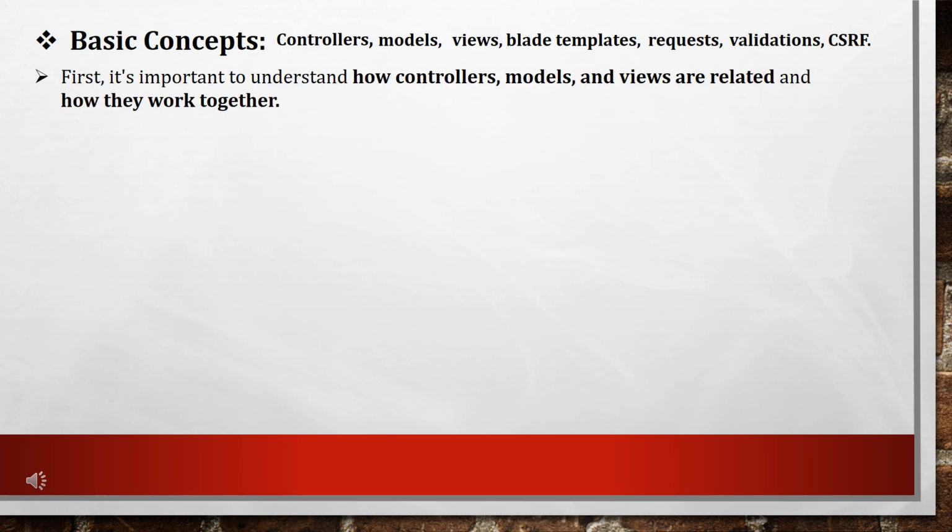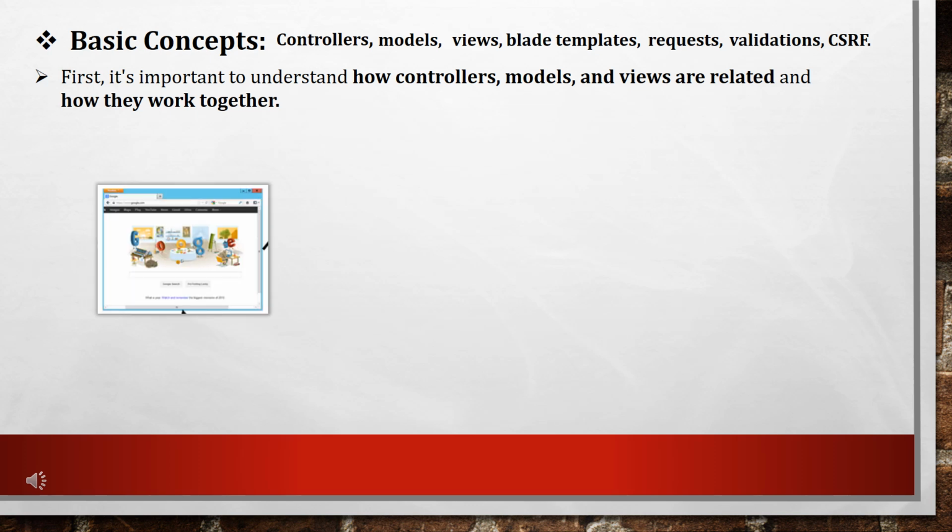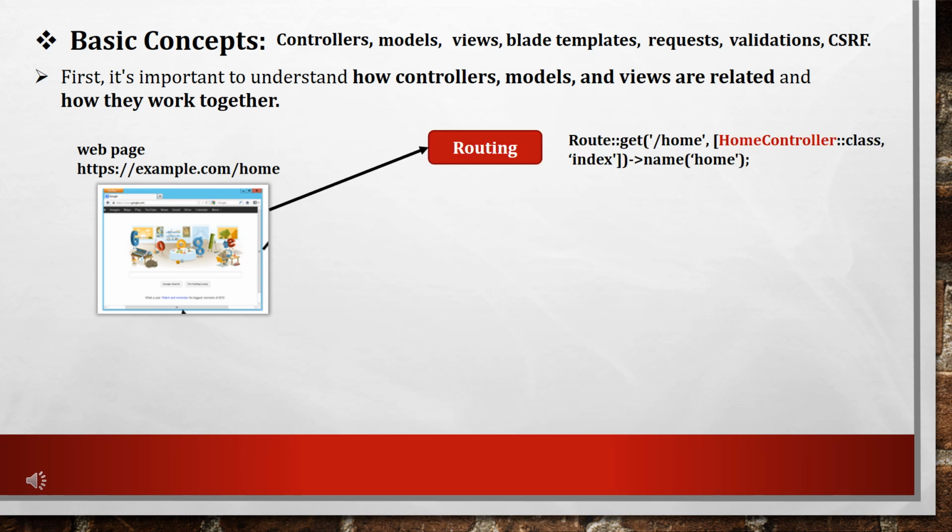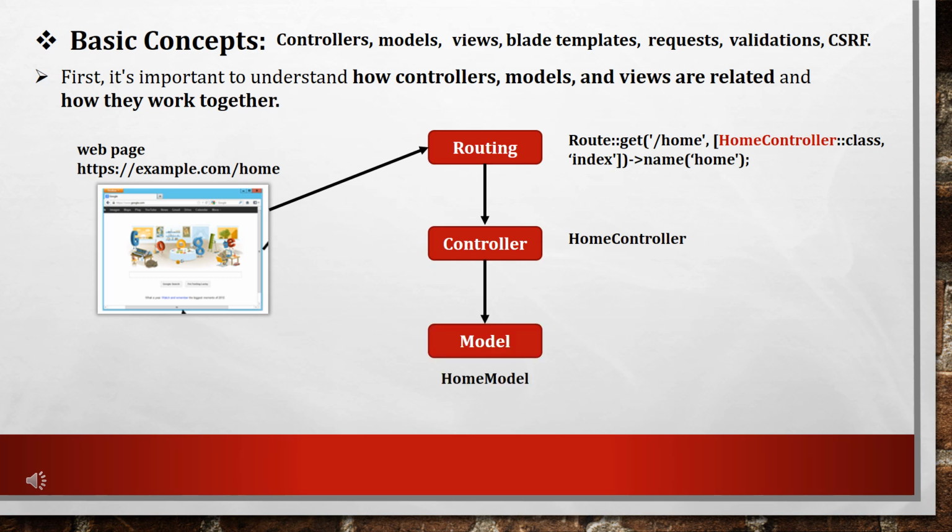First, it's important to understand how controllers, models, and views are related and how they work together. When a user wants to access a web page, they type the page's URL into the browser's address bar, for example, https://example.com/home. When this HTTP request is sent, it goes to the routing system, which checks which controller should handle this URL and sends the request to that controller. The controller then determines which action needs to be taken. If the request involves displaying data from the database, the request is sent to the model, otherwise, it is sent